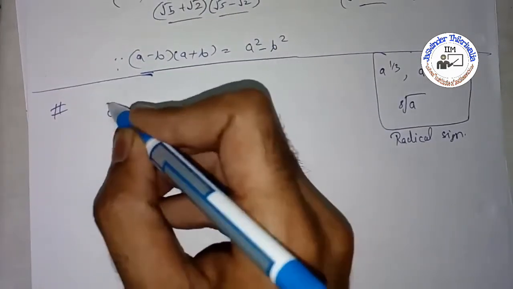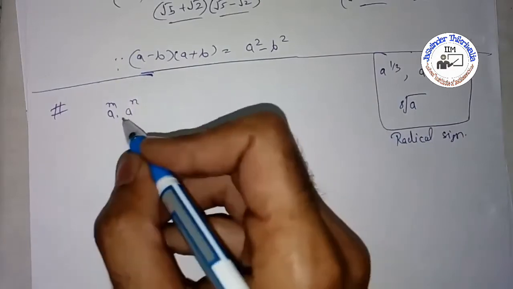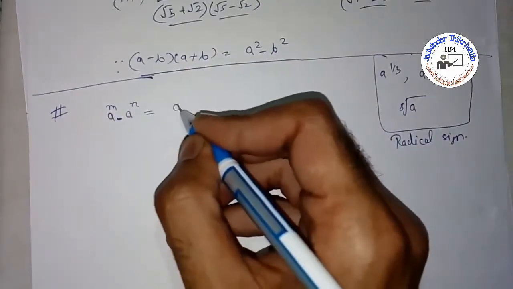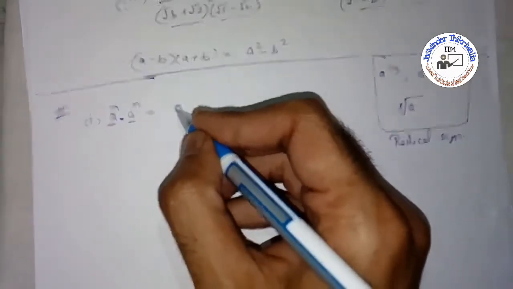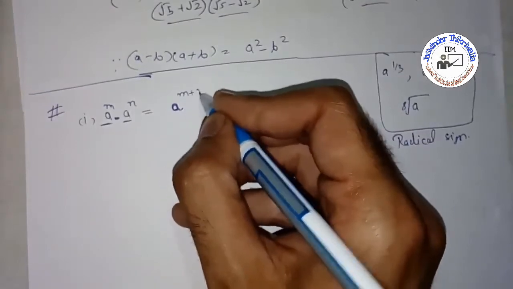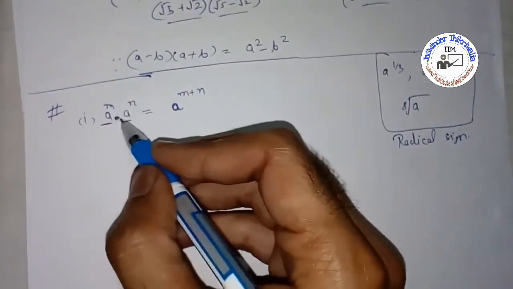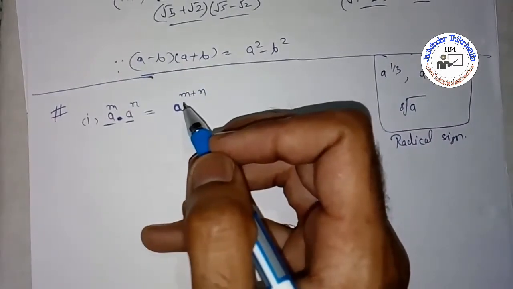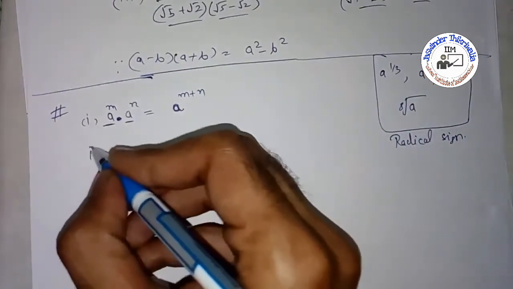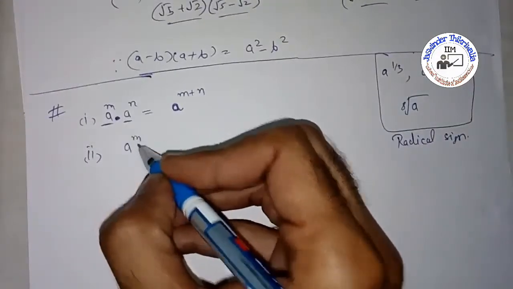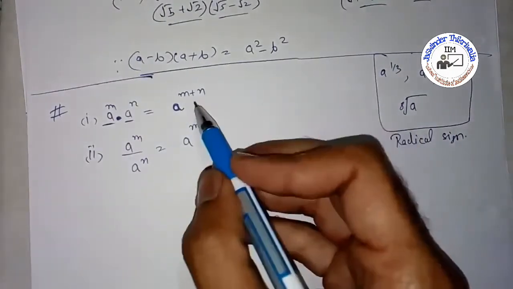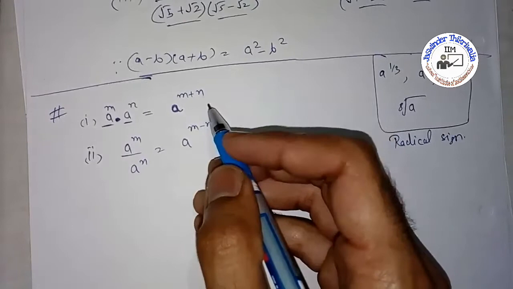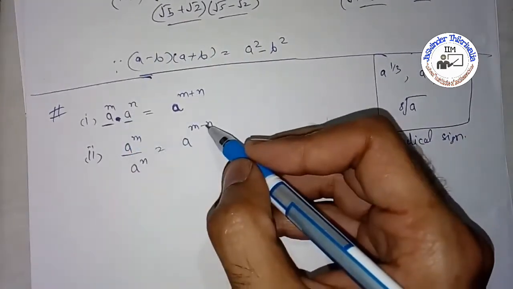You know that if there are two numbers, a to the power m and a to the power n, and they are multiplying with each other, then what will we get? Here you check, for both numbers the base is the same, the powers are different. If the base is the same and the power is different, then we will add the powers because they are in product. If they are in division, suppose a to the power m by a to the power n, then what will we write? We will write just minus in place of plus. See, simple: product plus, division minus. Clear?